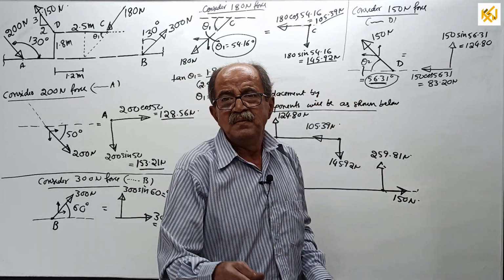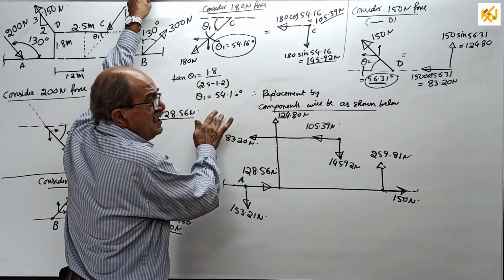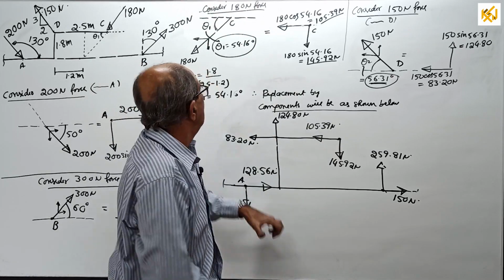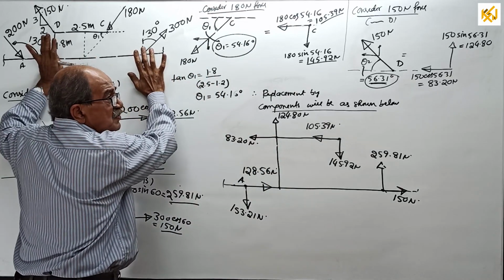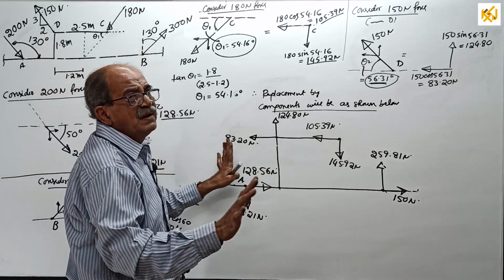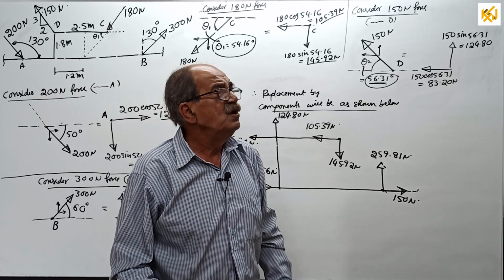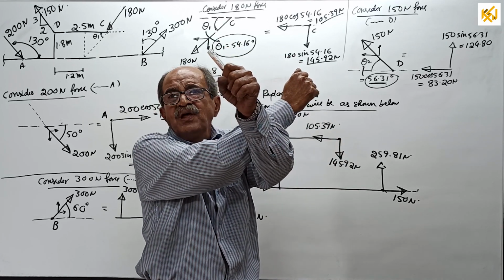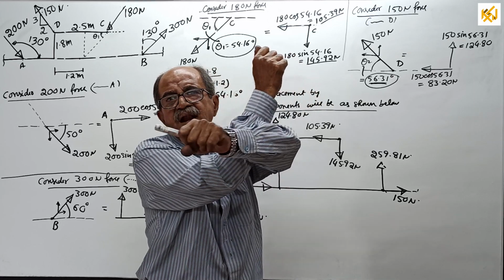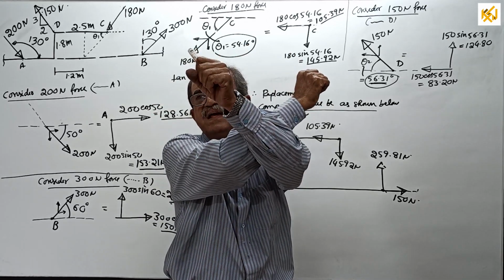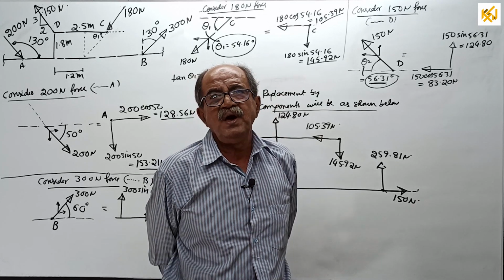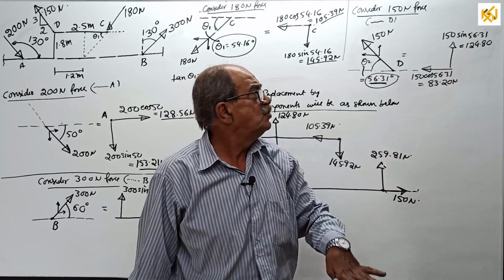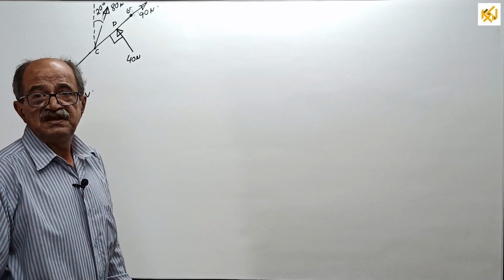Again, I will do one thing now. When I make the board ready, I will write the example and start the class so that I don't have to waste time. Then I will start once again and make it fully clear for you how you can resolve when the two reference axes or directions are mutually perpendicular. That is very important. But they are not horizontal and vertical, they are tilted. Like in the friction chapter, you require inclined plane members and inclined plane surfaces. So I will make it clear now. Yes, we will start now.